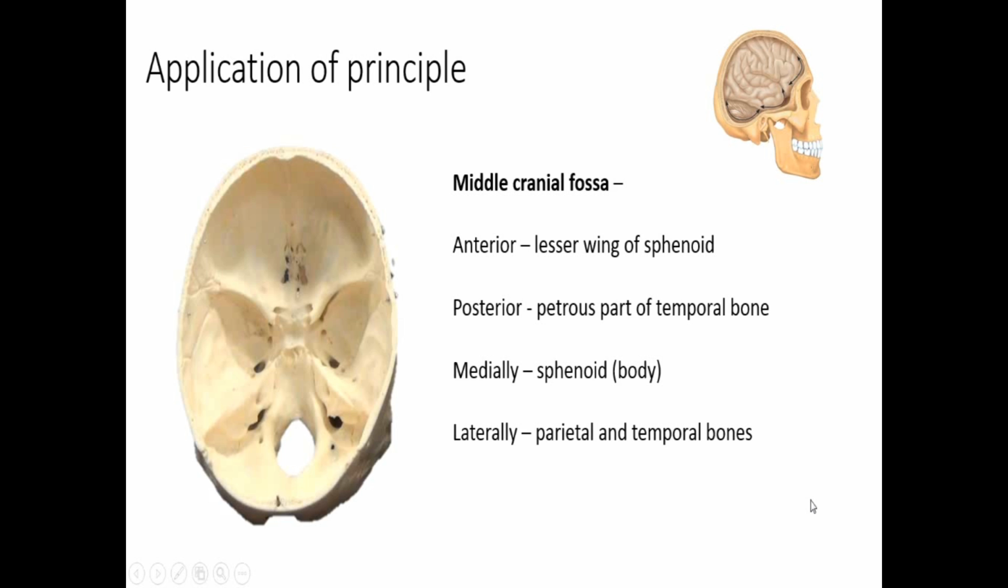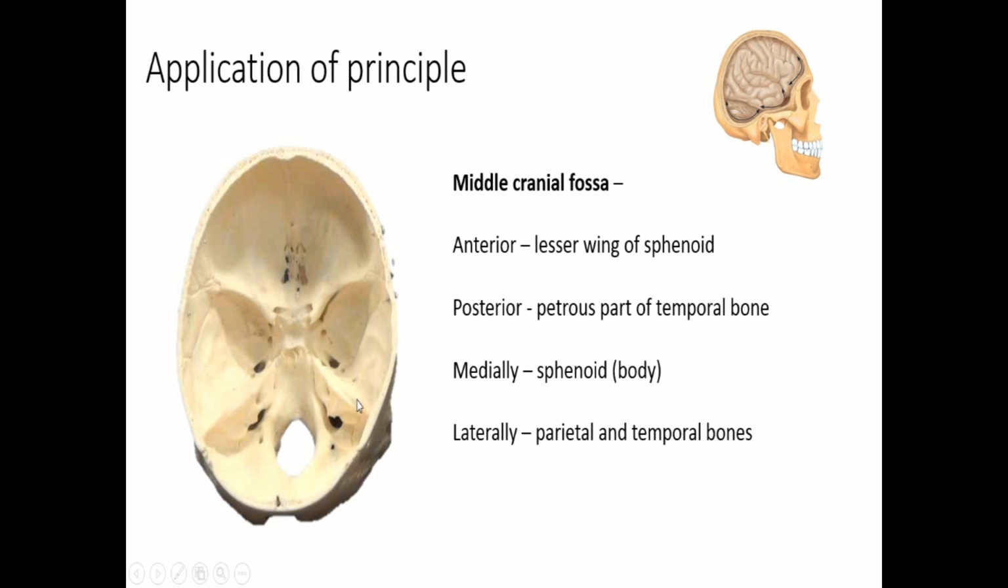Let's now try and apply these principles to the first anatomical space. We would use the middle cranial fossa here as an example. The boundaries of the middle cranial fossa would be the lesser wing of the sphenoid anteriorly. If you look at the bony boundary posteriorly, then you would see that it's bounded by the petrous part of